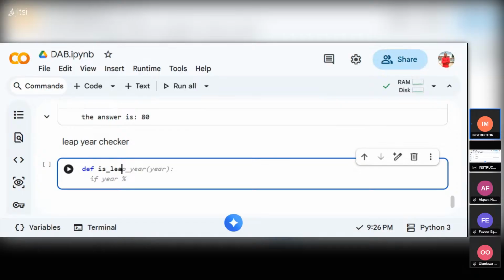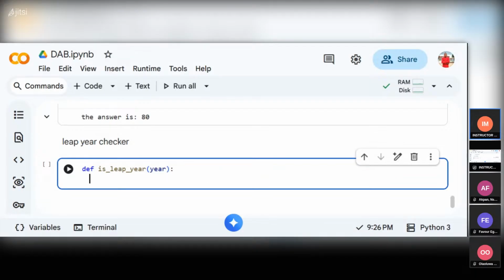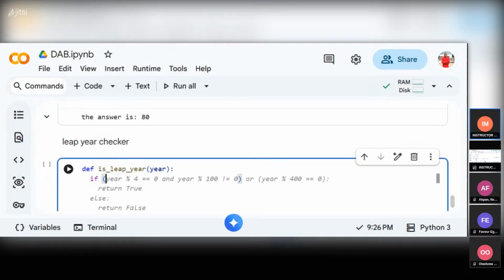So let's move on. Leap year. I'm creating a function for leap year, is_leap_year, and then we'll pass in year. So we request the person to put in the year. We give it a variable name called is_leap_year, and we pass in the year. Then we say that if, bracket, the year